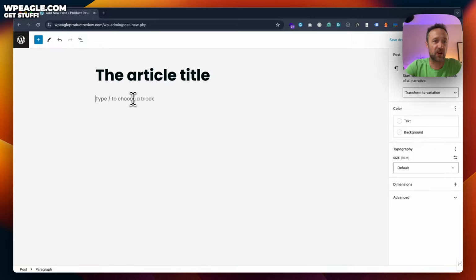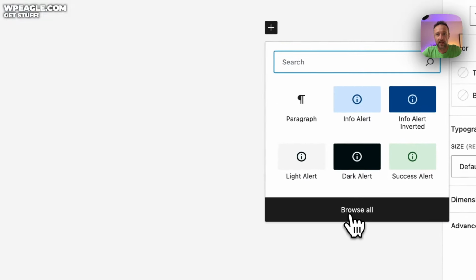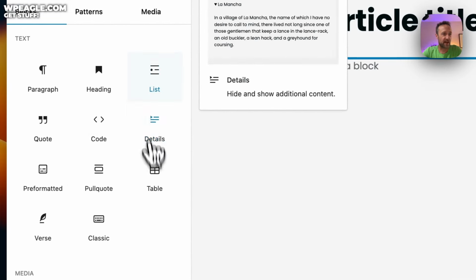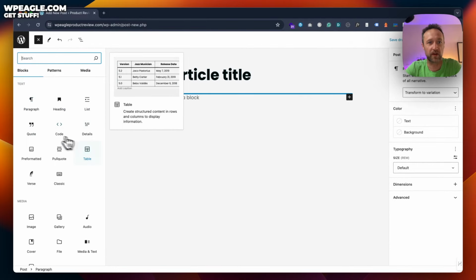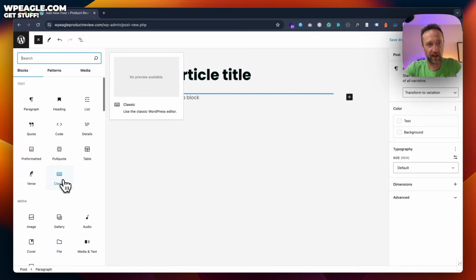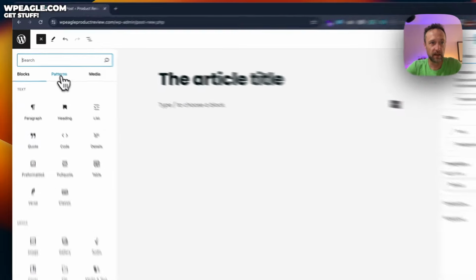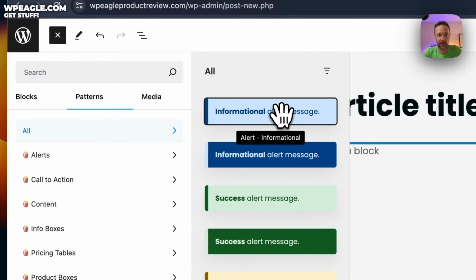We've got loads of blocks that you can use to create some really nice looking content. You just click on the plus here. Click on browse all and you can see them all down the left hand side here. So you've got the WordPress ones: paragraphs, headings, lists, quotes, images, galleries, covers, whatever you like. In patterns, we've got all the Popcorn Theme patterns. So things like